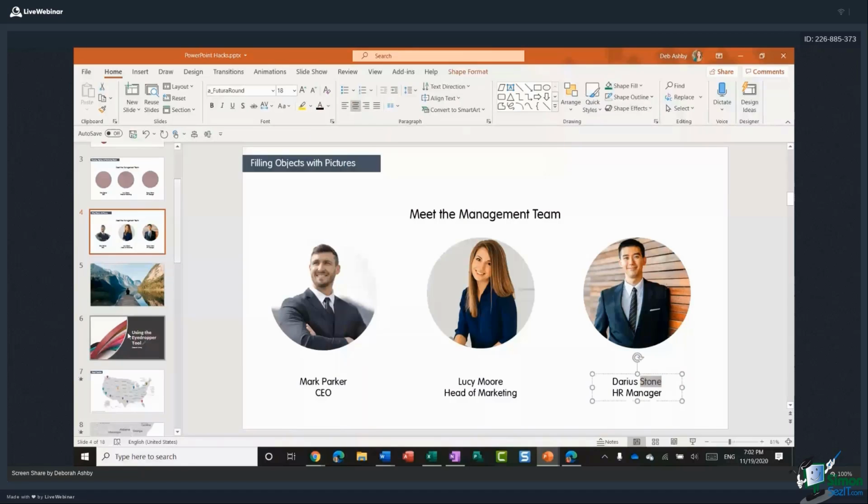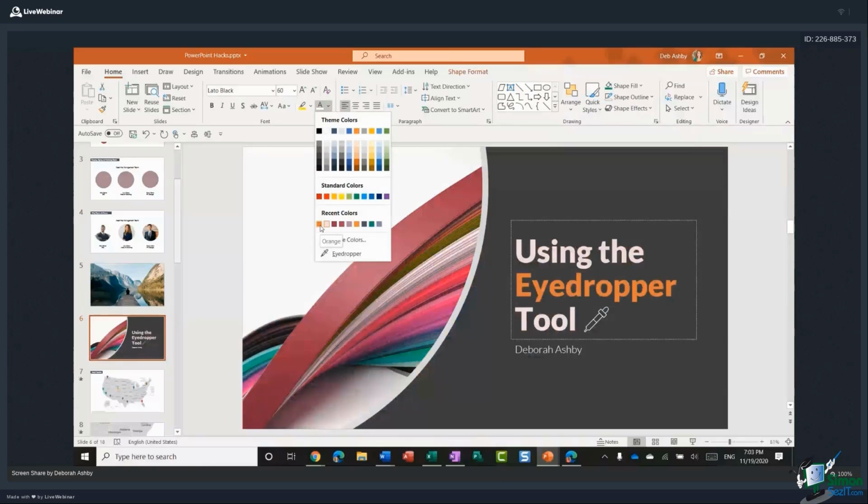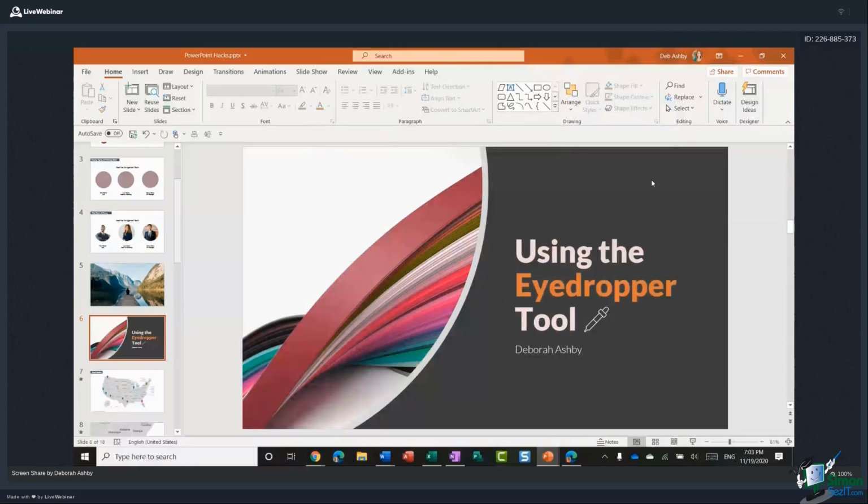But now when I go back to this slide, if I want to make this word that color, I can select it, and you'll find it underneath recent colors. It's going to be the first one in the list. I can click, and there we go. So that is my little workaround for utilizing that eyedropper tool to pick up colors that are on different slides. Really great little feature. All right, let's move on to something else.